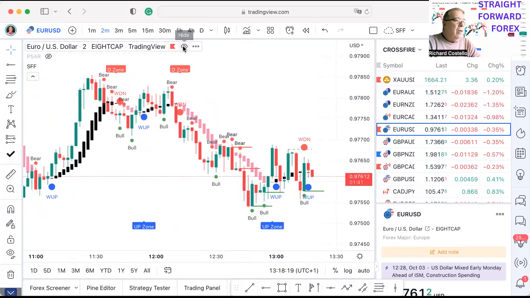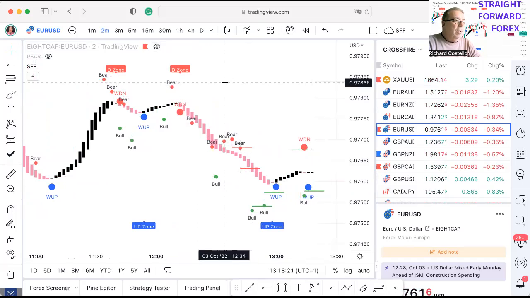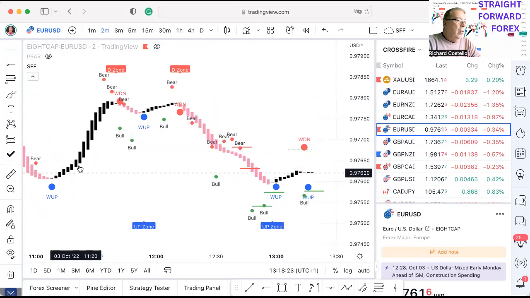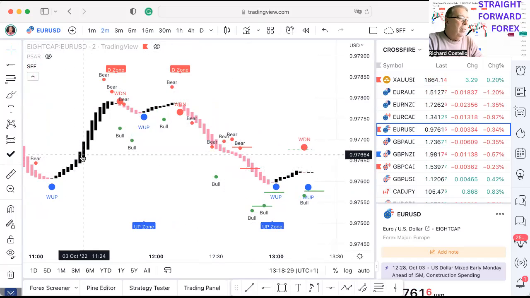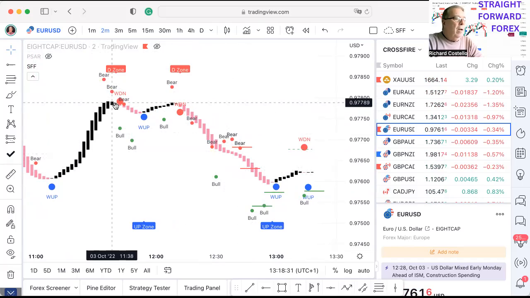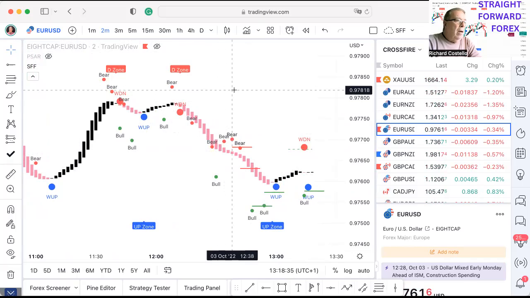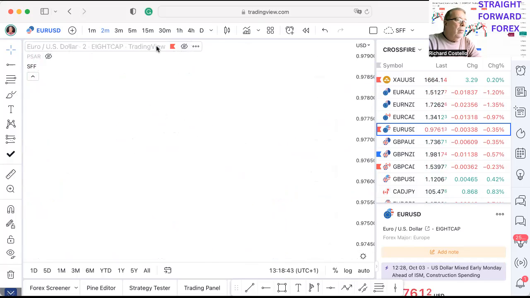Let's just take off the normal candles, and this leaves us with what we call smooth Heikin-Ashi candles. Now, in my case, I've got black candles when price is rising, and I've got pink candles when price is falling. You can actually adjust this in your settings when you get the indicator. So we'll go back to